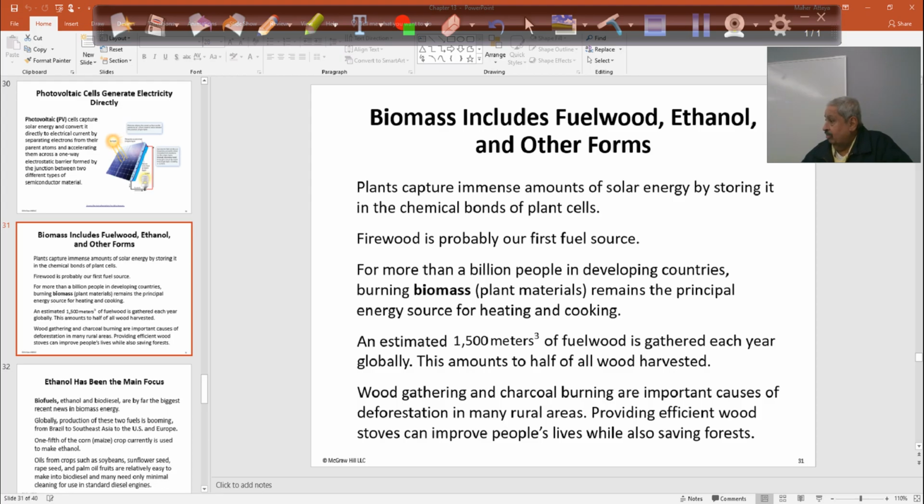It can be used in Brazil, for example, because they have reverse engineered the engines in their cars. So instead of using gasoline, they use what? Ethanol. Gasoline octane number is much, much higher than ethanol. So they have to reverse engineer those engines of the cars so they will accept the